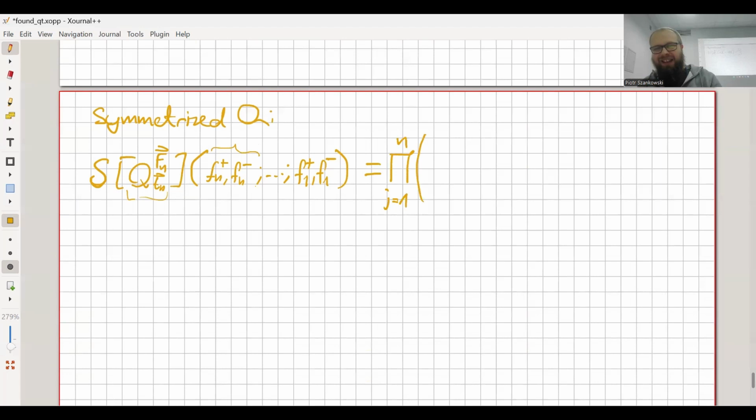So the formula is like you take a product and you take sums. Sums go over phi j plus, phi j minus over pairs belonging to a special set, which I call S of fj plus, fj minus. So S takes the set and